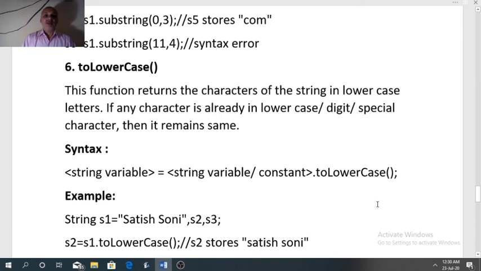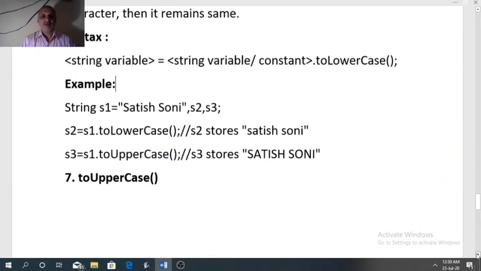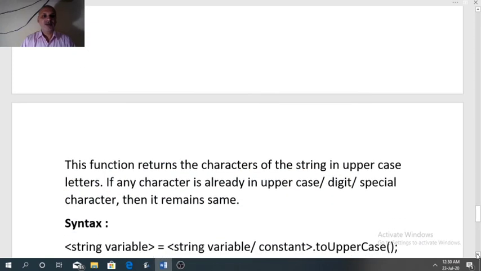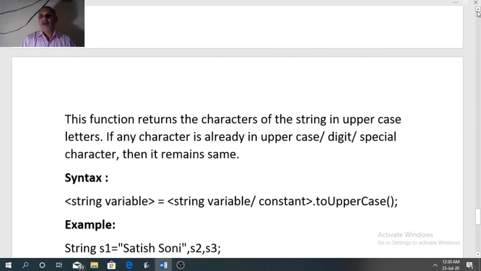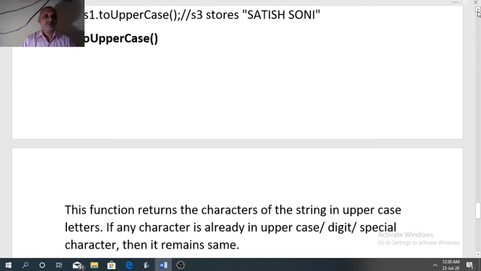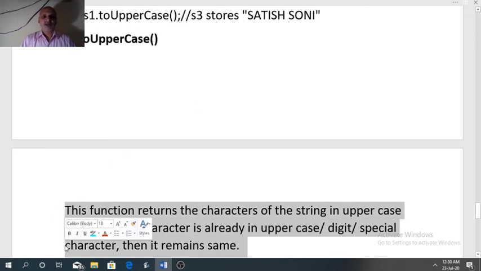In the same way we have the next function, toUpperCase. See the definition first. I will explain both the examples together. This function returns the characters of the string in uppercase letters.